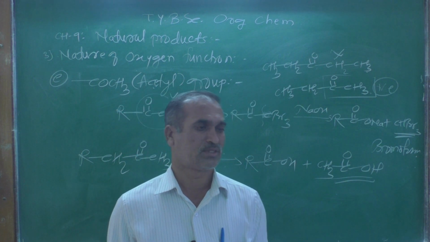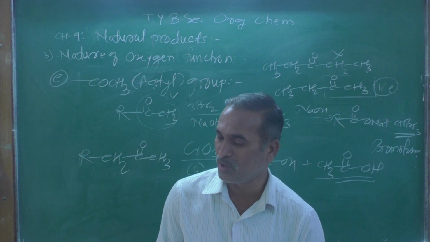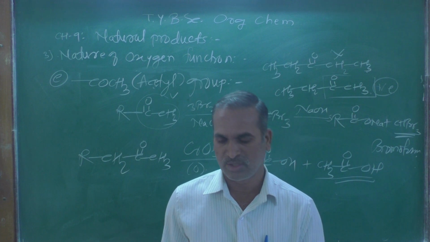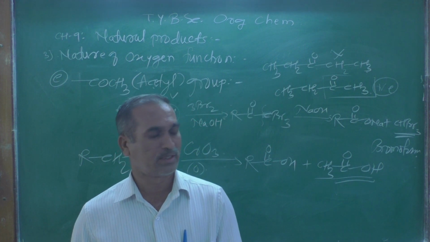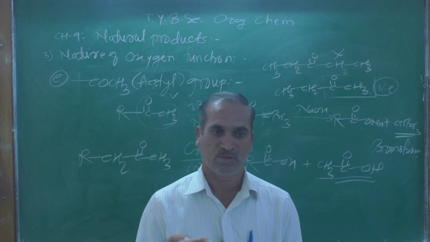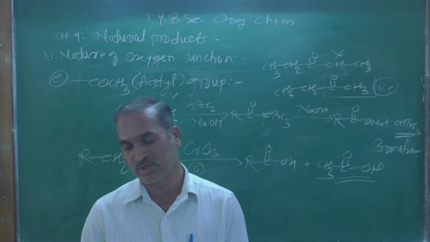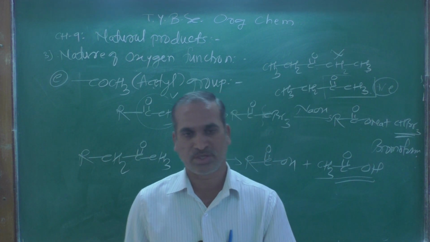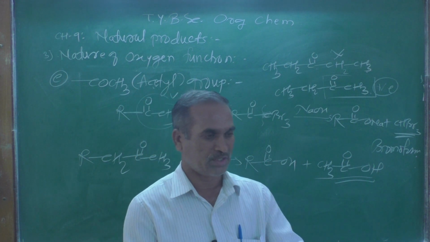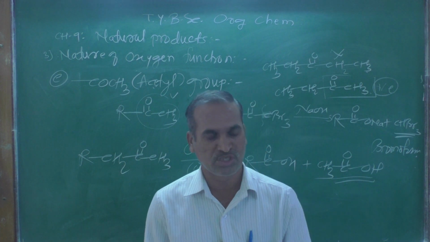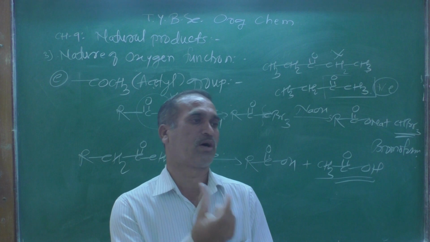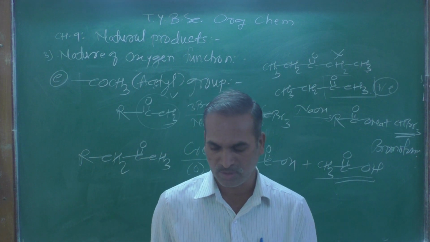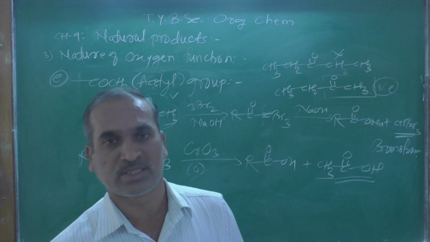So far we have seen the third point. The first point we have seen is molecular formula, the second one is detection of unsaturation, the third one is nature of oxygen function, and in the next lecture we will learn the degradation products, what reagents are used for degradation, and how we can come to know about those degradation products. By careful study of those degradation products, we can find out the position of the particular functional group, or carbon-carbon double bond, meaning olefinic double bond, present in the unknown structure of the alkaloid. So that is the point we are going to discuss in the next lecture.